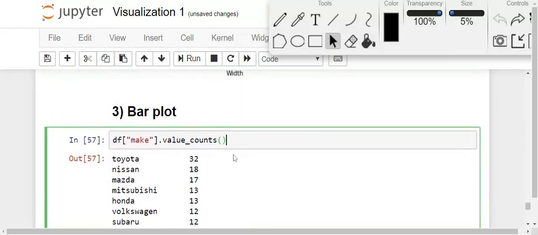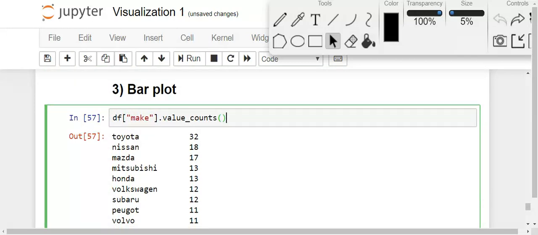So now this time, guys, I'm using pandas library, where I'm going to show you how to do this. So it's very simple. You call df, you call the make column, right? You are accessing the make column. You call value counts, that gives you this output. Now just further you add dot, call the plot function. Inside the plot function, you pass kind equal to bar,